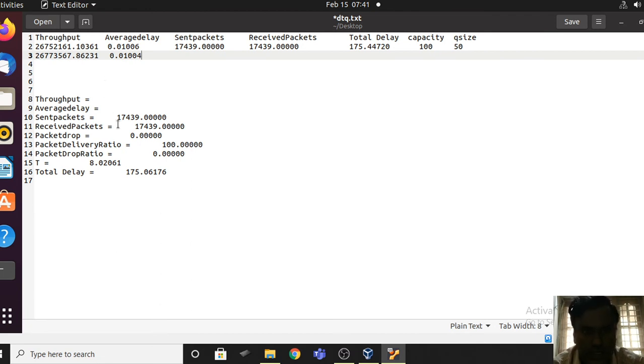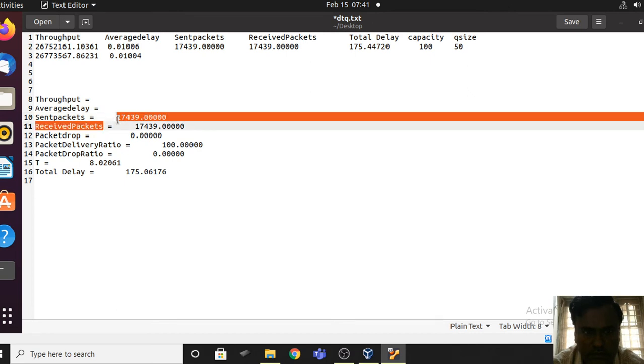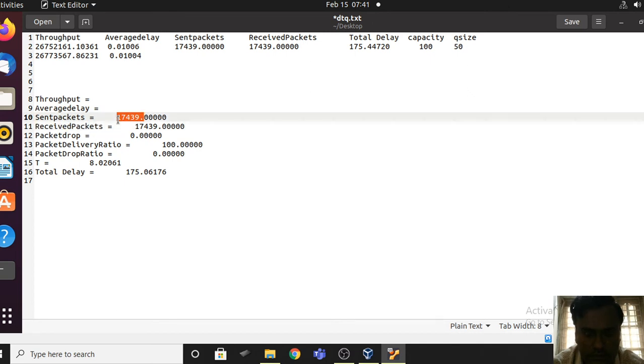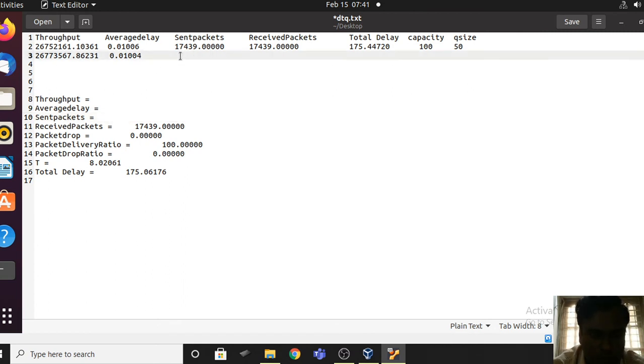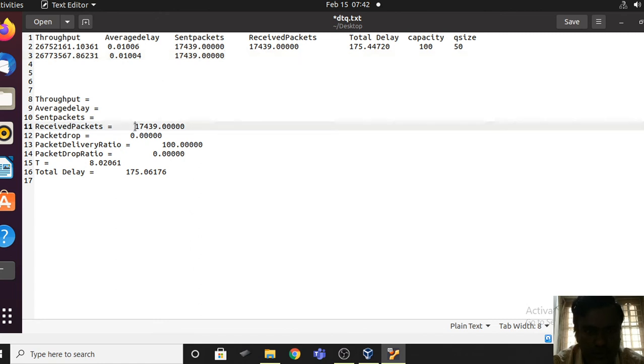And then you have sent packets. Control X. Control V. And then you have received packets. Same value.